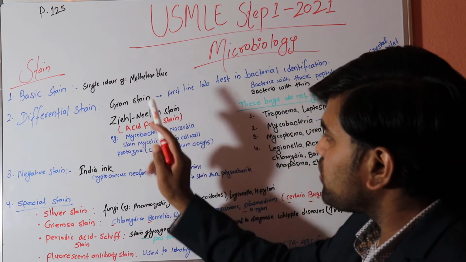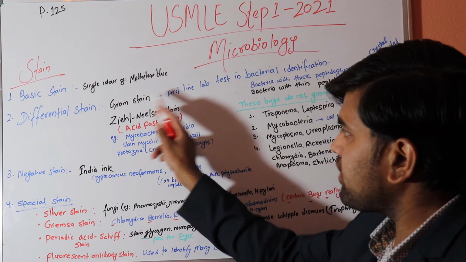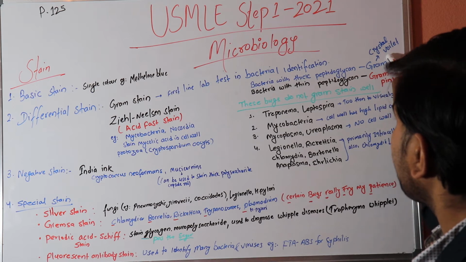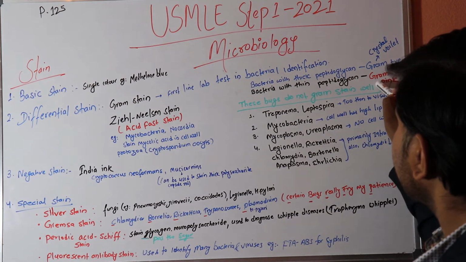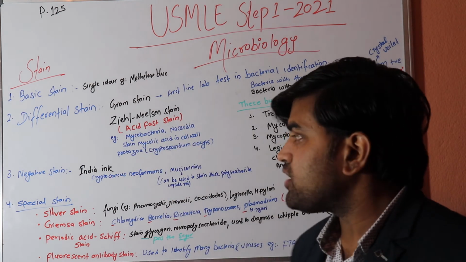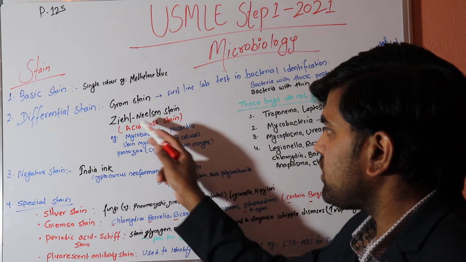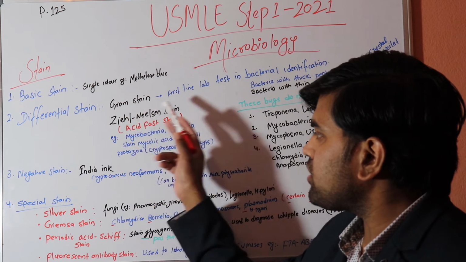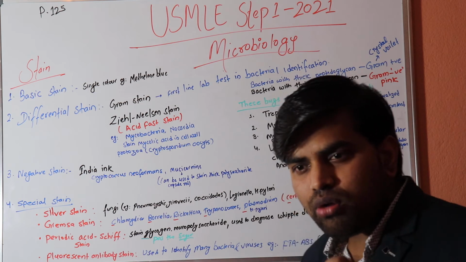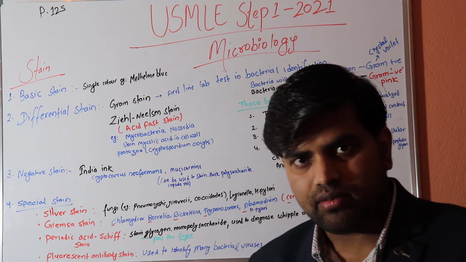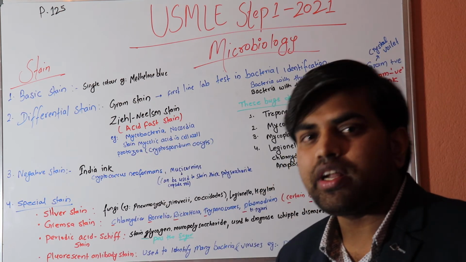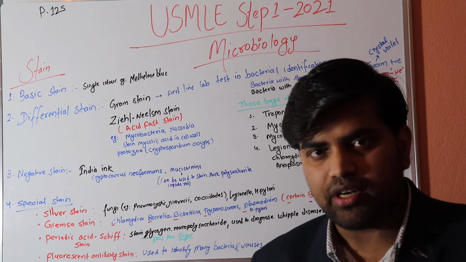Then there is another stain, the Ziehl-Neelsen stain. At the end of the gram stain you find two colors: the crystal violet blue color, which is the gram positive organism, and the pink color, which is the gram negative organism. Similarly, Ziehl-Neelsen stain is also known as the acid fast stain. Acid fast stain and Ziehl-Neelsen are the same thing. This is the name of the scientist who developed this acid fast stain. Why is it acid fast? Because normally acid will decolorize everything, but in the case of Ziehl-Neelsen, mycobacteria, the acid is not able to decolorize the color that has been taken primarily, like carbol fuchsin.